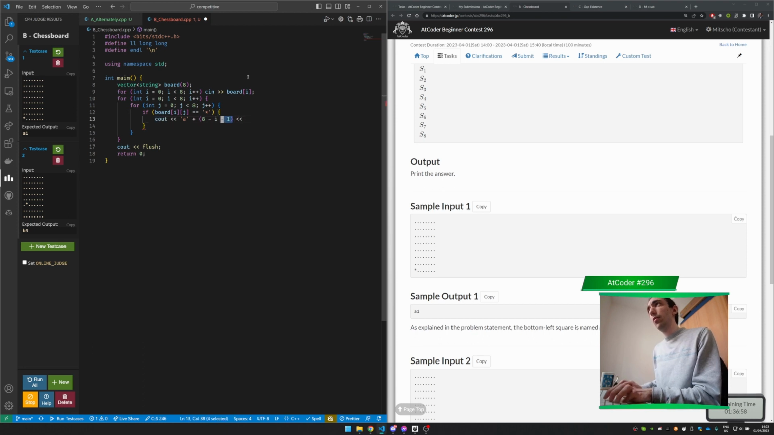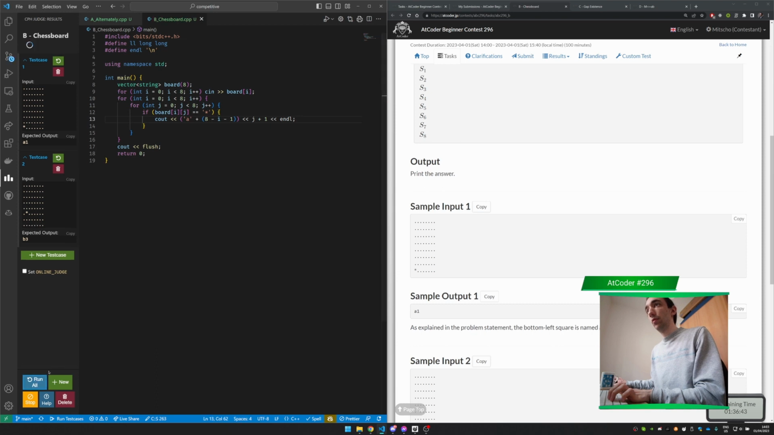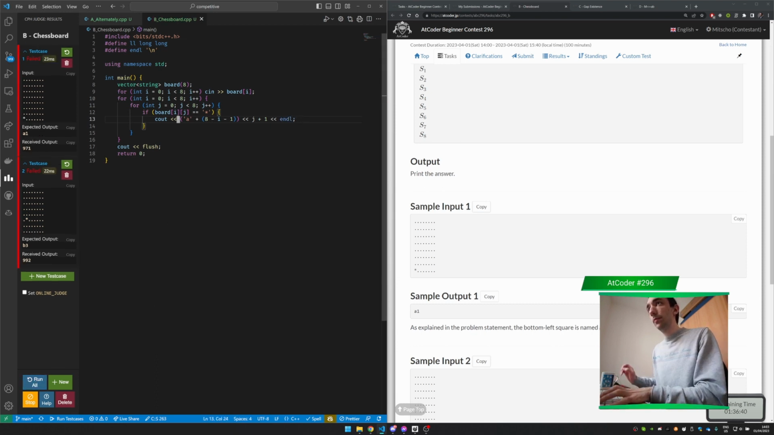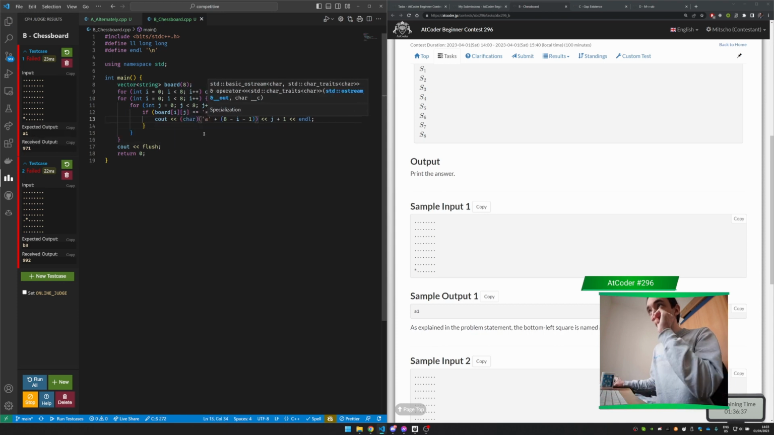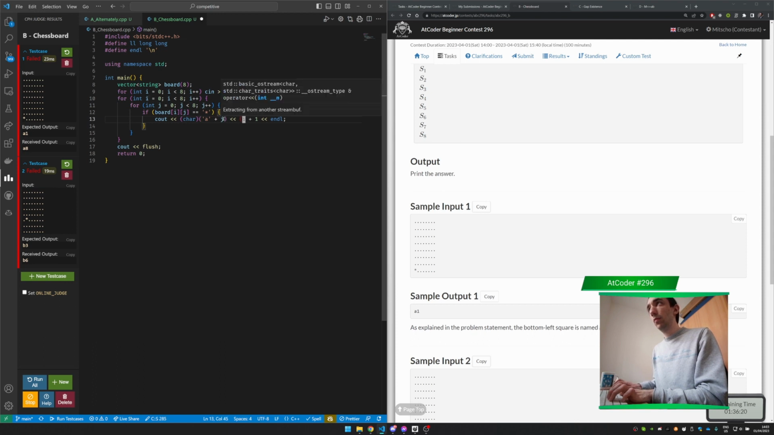Okay, this is how we offset to what row, what column we are, and then what row we are. So j plus 1, or actually no, a is j, so this is plus j, and this is i plus 1 as far as, 8 minus i minus